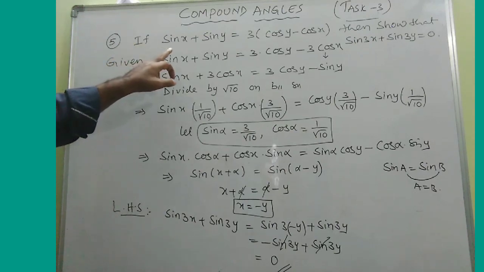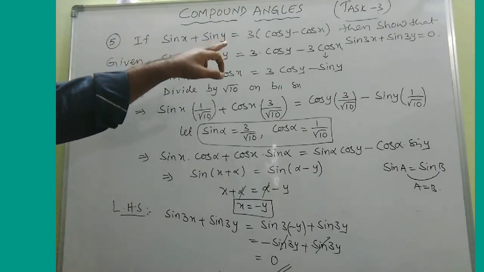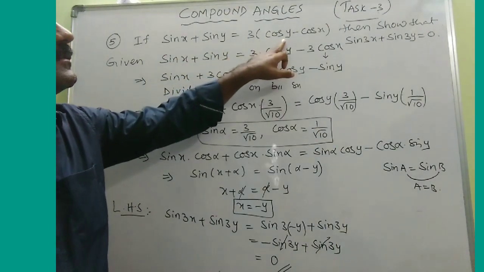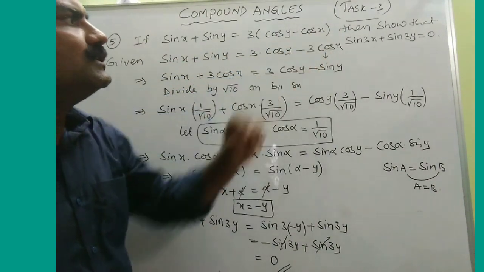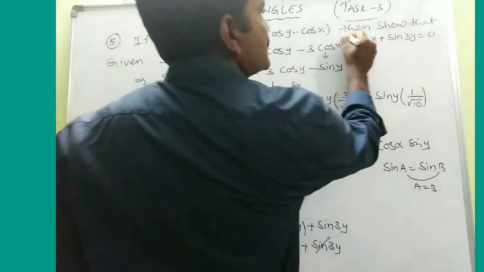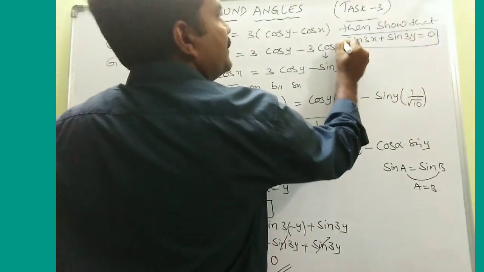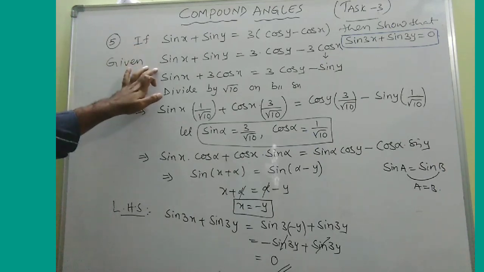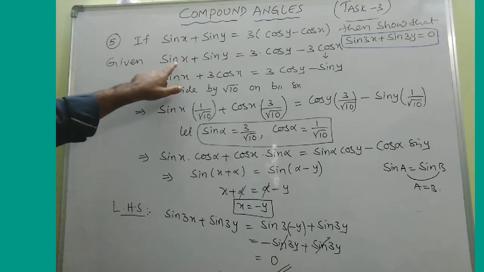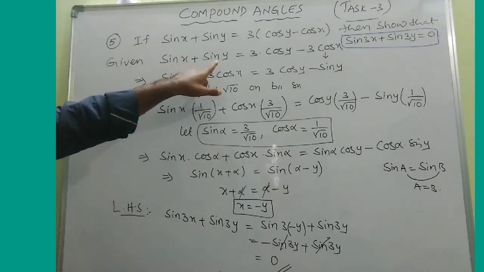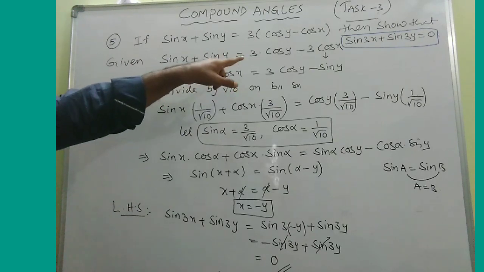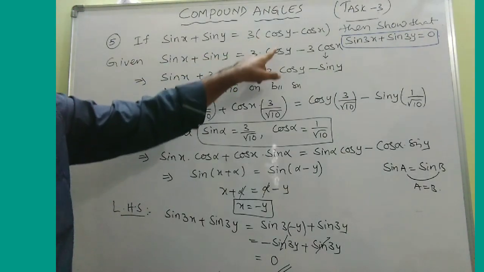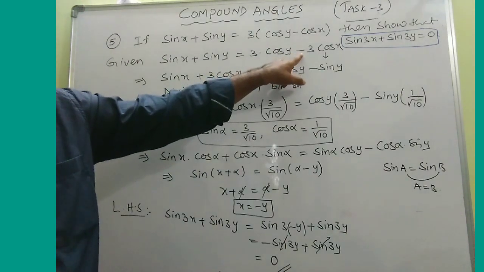If sin x plus sin y is equal to 3 into cos y minus cos x, then show that sin 3x plus sin 3y is equal to 0. Okay? So coming to the solution, first write down the given condition. What is the given condition? That sin x plus sin y is equal to 3 into, after multiplication with 3 into cos y minus 3